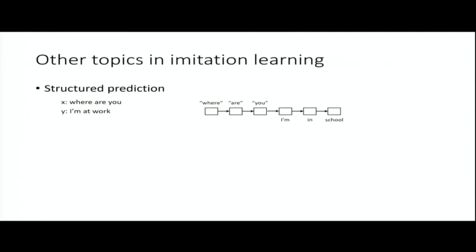And that looks an awful lot like a sequential decision-making problem. So in fact, a lot of these imitation learning algorithms for sequential decision-making have proven to be very popular in structured prediction because in structured prediction you typically have training data, so it looks like imitation learning, and there's a sequential component. Mohammed Norouzi is a researcher from Google Brain